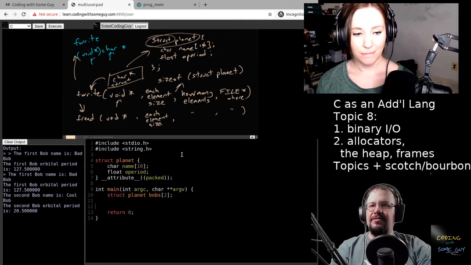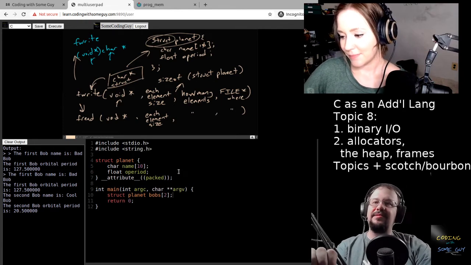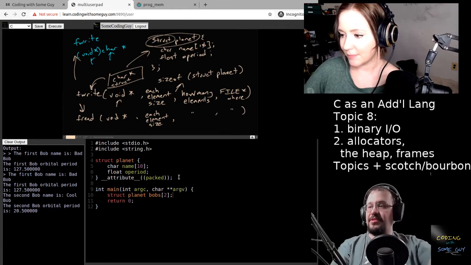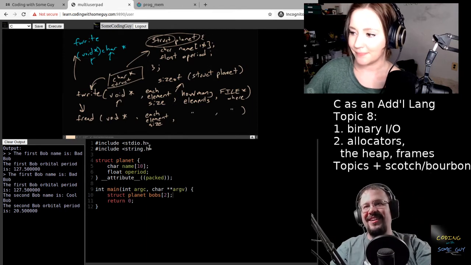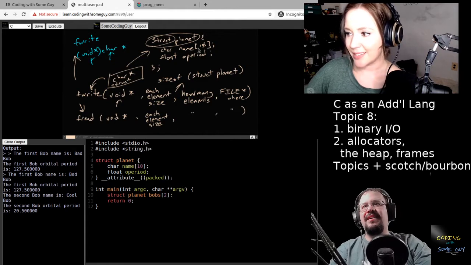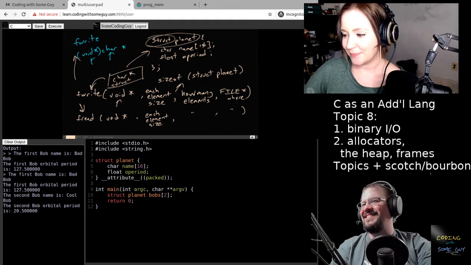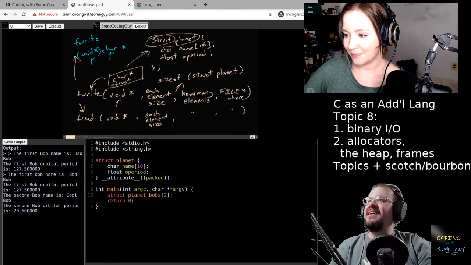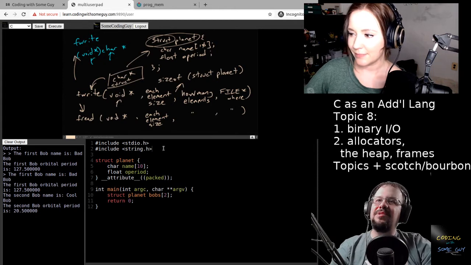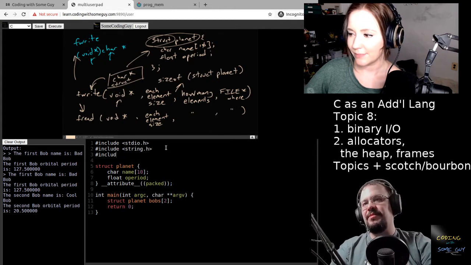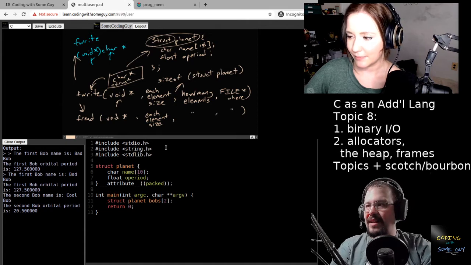All right. So what we really wanted to get to on this was allocators. We already met our first allocator. It was called malloc, the memory allocator. You're right. So malloc does some magical stuff, and malloc was defined in stdlib, so we have to pull in our standard library to start talking about malloc.